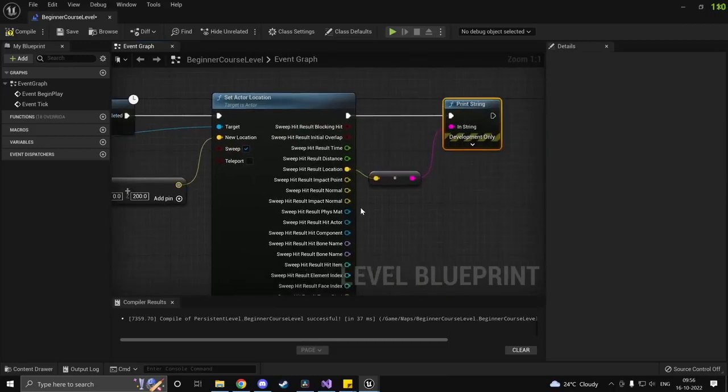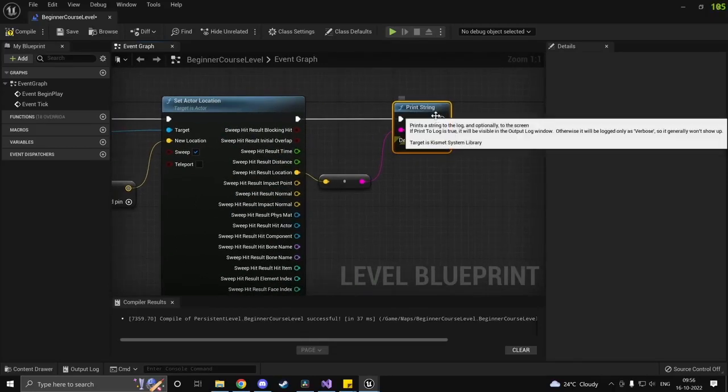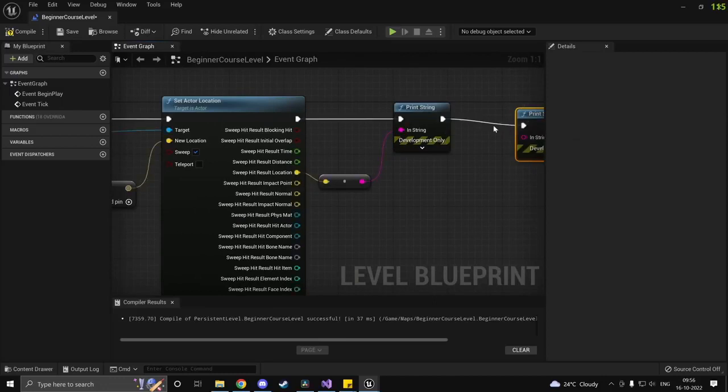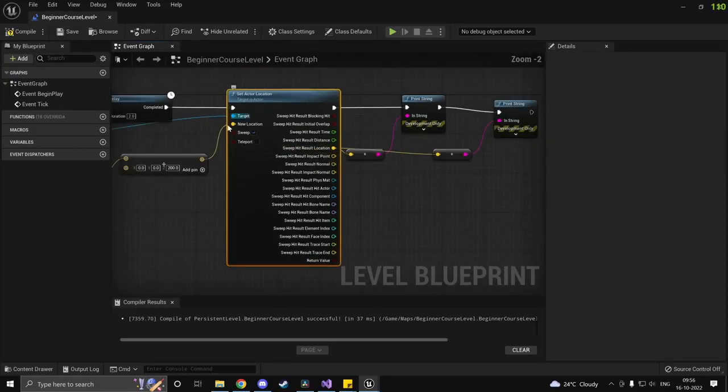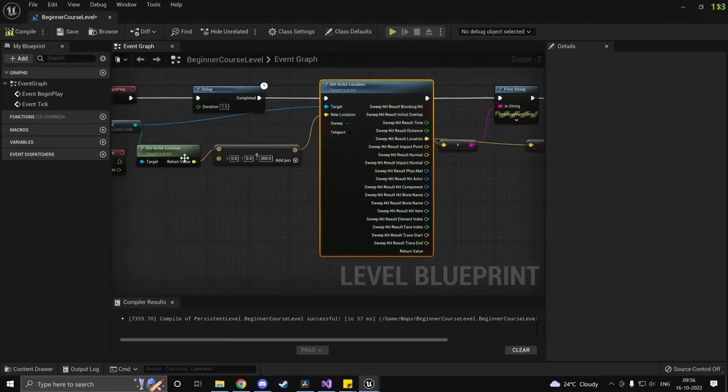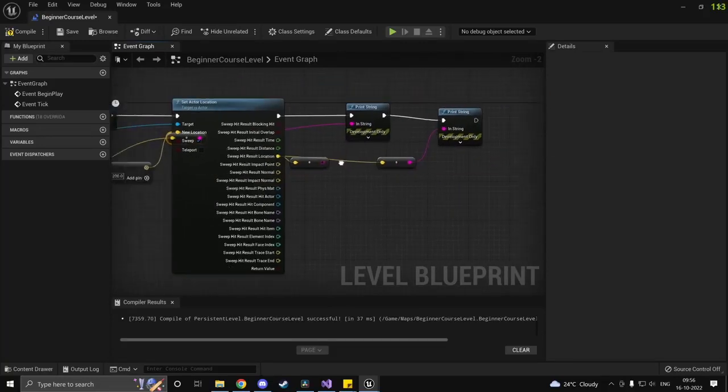Now if I print this out, this value right here is actually cached. So let's say I copy a print string and print this out again. Set actor location is not going to be called once again. This value is going to be cached in your memory. However, over here, if I just drag off of get actor location